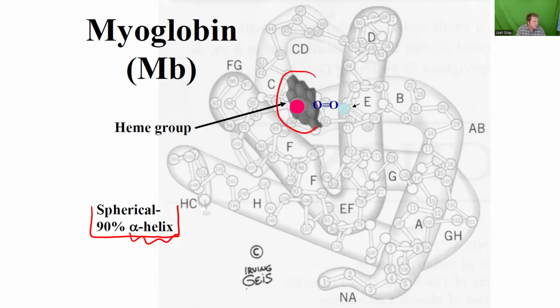Now, in the center here is our heme molecule, which we'll look at in just a second, but in the center of a heme molecule is a Fe2+, what's known as a divalent cation. It's an iron ion,